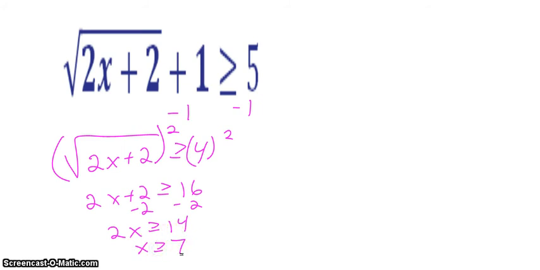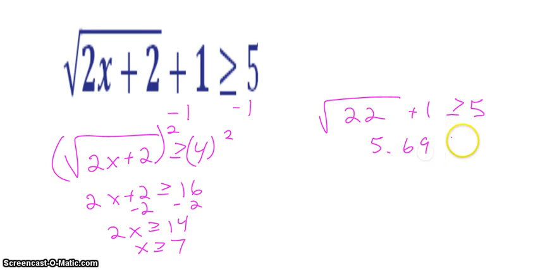Now I do want to make sure that that is indeed true, so I can plug in any number I want that's bigger than 7. Let's say we plug in 10. So I have the square root of 10 times 2 is 20. 20 plus 2 is 22. Plus 1, I want to make sure that that's greater than or equal to 5. Square root of 22 plus 1 is 5.69. And that is certainly greater than or equal to 5. So my answer of x is greater than or equal to 7